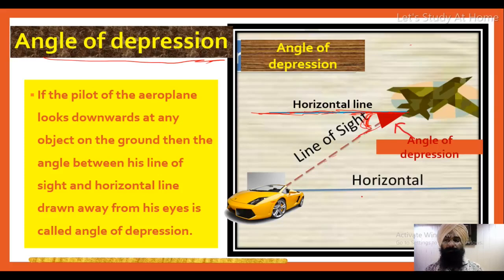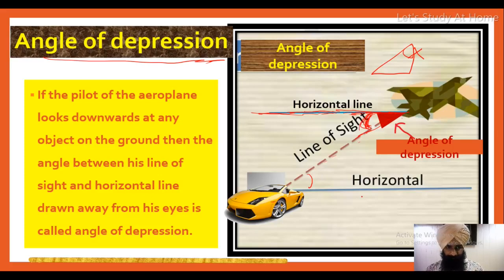Sometimes students write this as angle of depression. This is wrong. Your angle of depression is always between the horizontal line and the line of sight. Means angle of elevation and angle of depression are both angles between the line of sight and horizontal lines. And angle of elevation is always equal to the angle of depression, because both are alternate interior angles. If they are alternate interior angles, then they are equal.